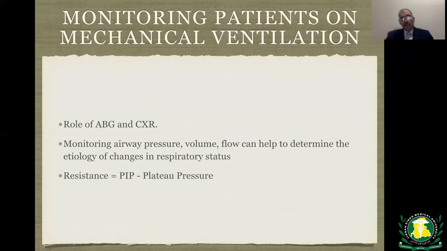And also, you're intubating this patient because they were in respiratory distress, and their sympathetic stimulation was high, while keeping the blood pressure falsely within the normal range, but once you intubate, they tend to drop blood pressure. So it's a good idea to give the patient a 500 normal saline bolus just before intubating if there is no contraindication. So once the patient is intubated, the role of ABG and chest X-ray: you need to have